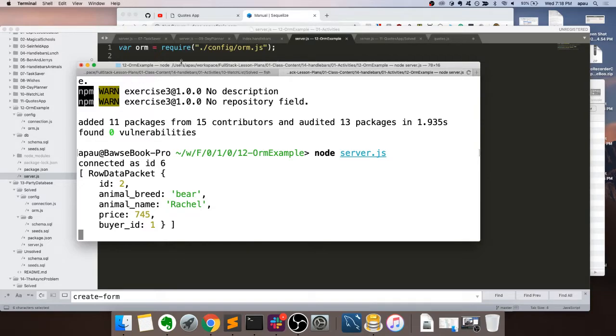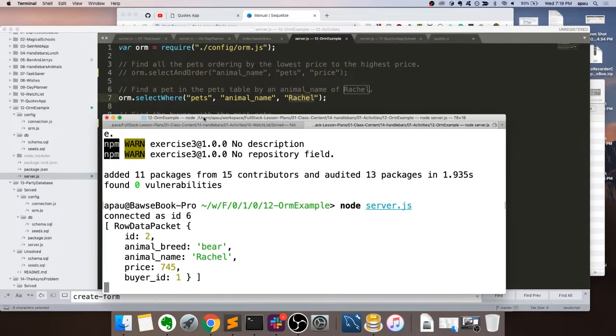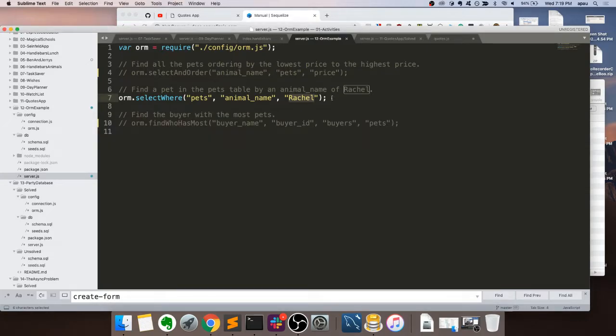It's going to show us. Let me move this down so you guys can see. We did a select where on the pets table. We're looking for the animal name Rachel, and the result is this animal Rachel over here, which just happens to be a bear, and it costs $745. And the buyer ID is 1, which you saw earlier was Kevon. We can then use the same function